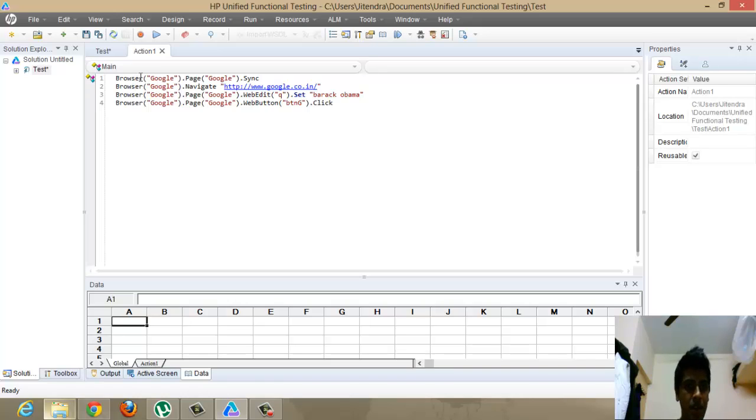So this is the Browser("google").Page("google").Sync. What this does is it opens up google.com and it waits for the page to load up. That's why we have the sync option here. And then in the second line it goes Browser("google").Navigate to google.com.co.in. So basically